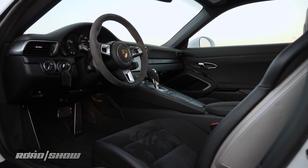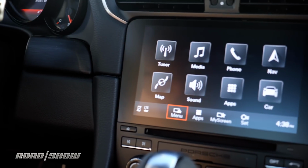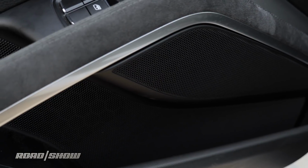The interior is fancied up some with power sport seats, an Alcantara steering wheel and shifter, and brushed black aluminum trim. Standard infotainment items include a 7-inch touchscreen, satellite radio, Bluetooth, Wi-Fi capabilities, an 8-speaker sound system, and Apple CarPlay,